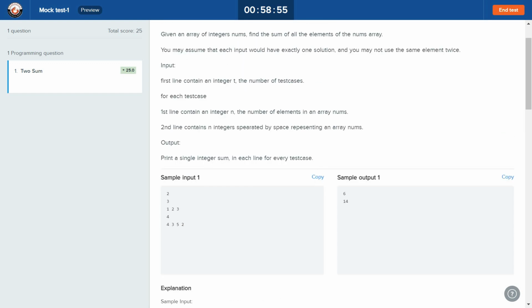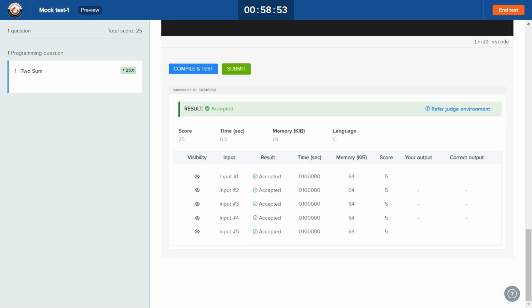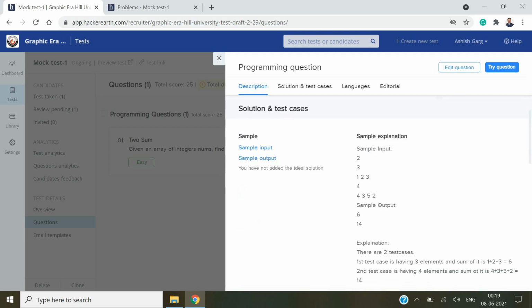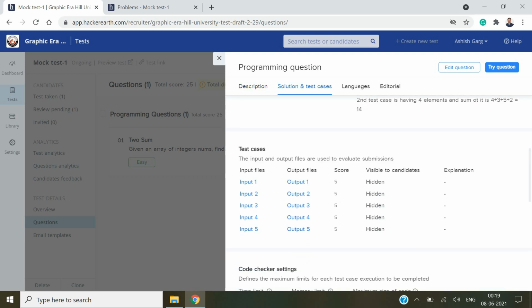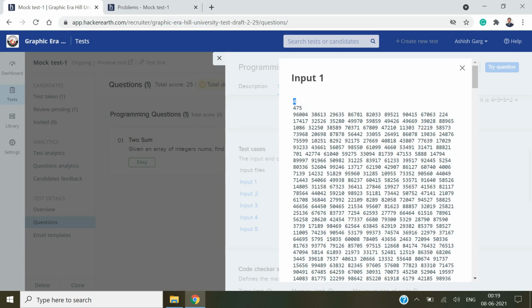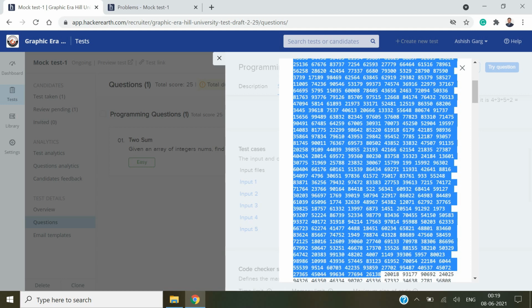So I'll show you, apart from the sample test cases, these hidden test cases also, which are not visible to you, but at the back end we have a portal like this, from where we create the tests. Here you can see this is the input file, and here we have four test cases. The first input is t, so four test cases, and the first test case is the size of the array, which is 475, and then we have 475 values for the array.